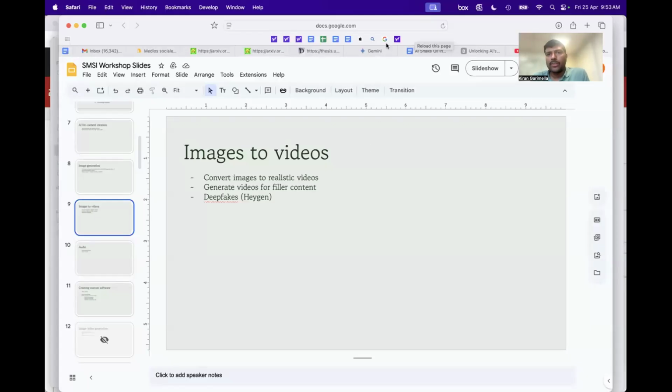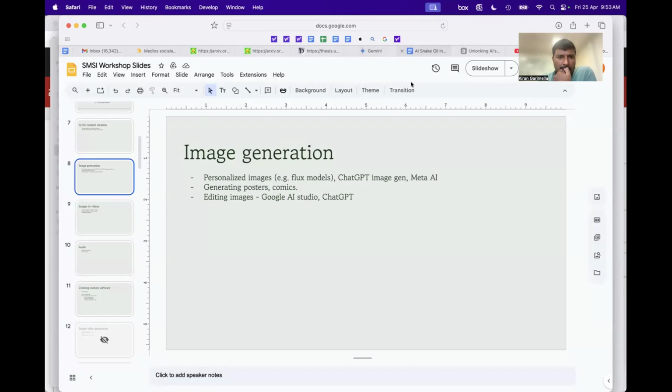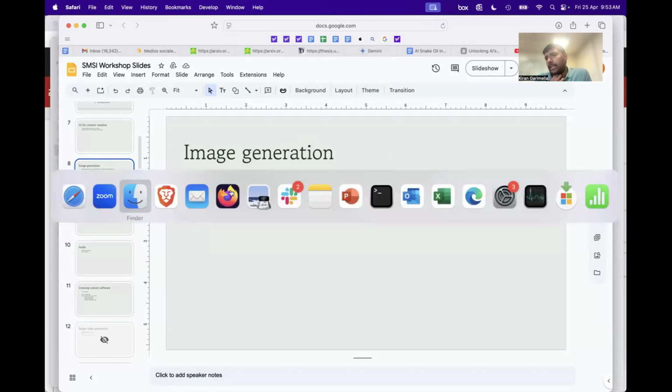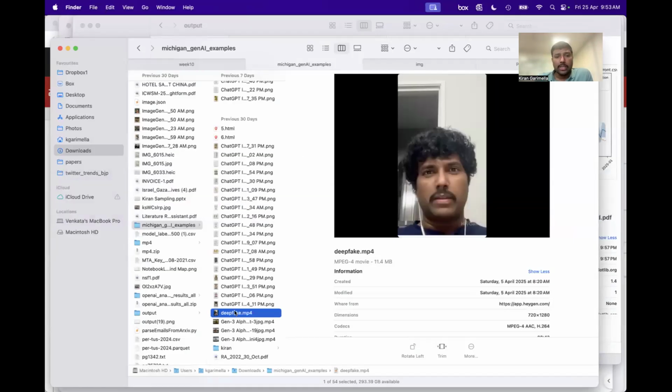All right. So yeah, today in this video, I want to just show you some examples. In the previous video I showed you examples of using personalized images, like image generation and things like that. Again, the field has been moving so fast that some of these are already quite behind. So now you can do things like generating posters, comics, and things like that using the new ChatGPT image generation